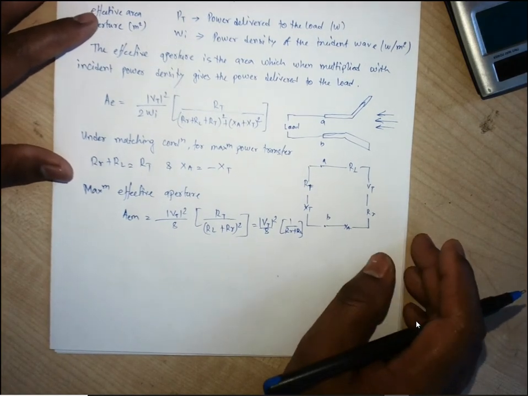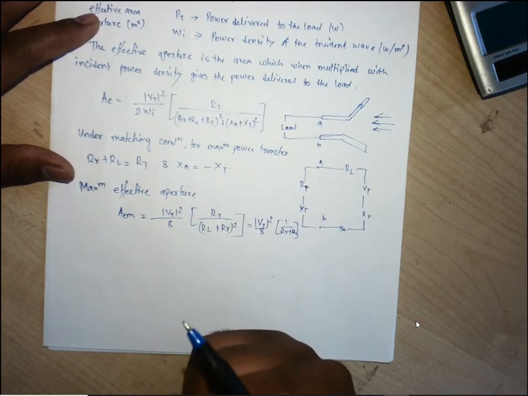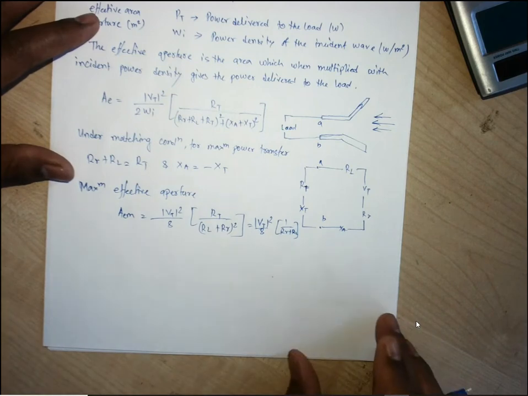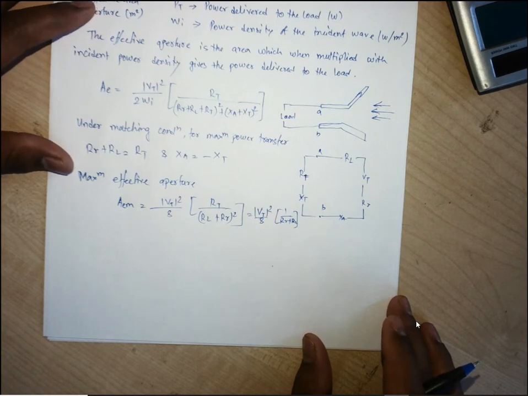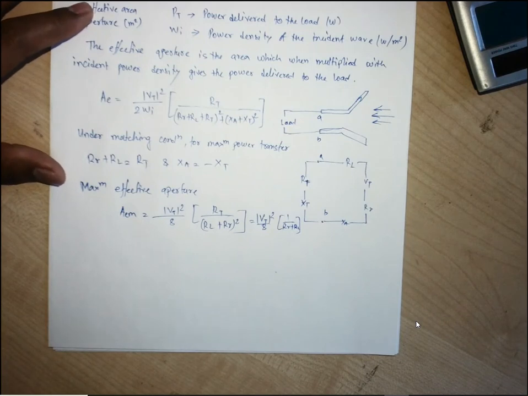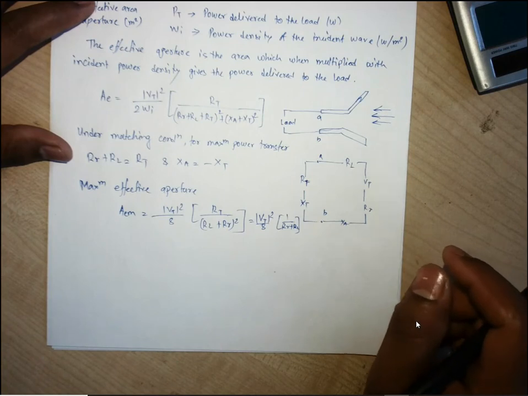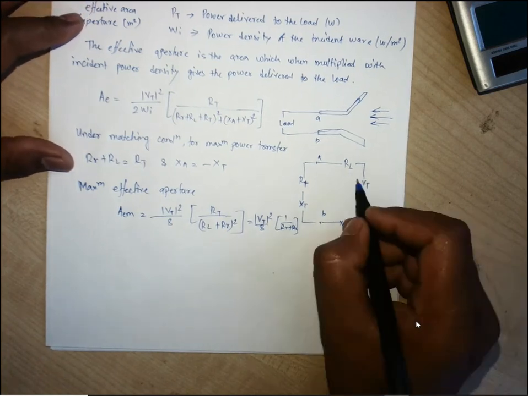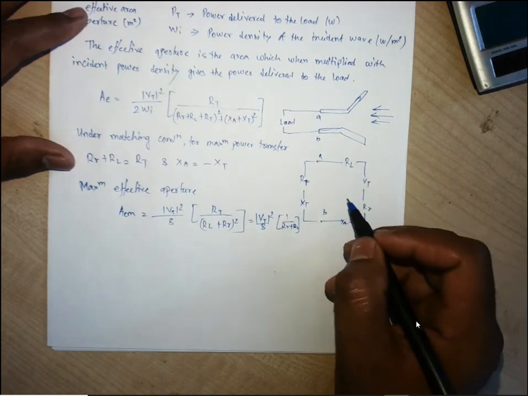Now, all of the power that is intercepted, collected or captured by the antenna is not delivered to the load, right? Under the conjugate matching condition, only half of the captured power is delivered to the load. That is what we have seen: half of the power is delivered to the antenna from the source. Same here, of the power captured by the antenna, only half is delivered to the load, and the other half is scattered and dissipated as heat, that is in the RL and RR.